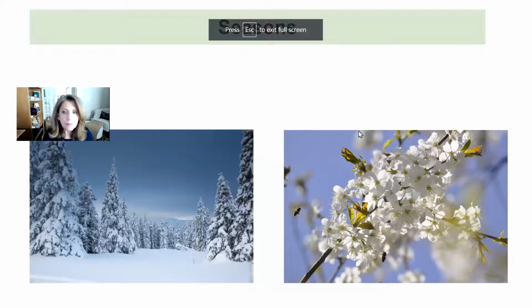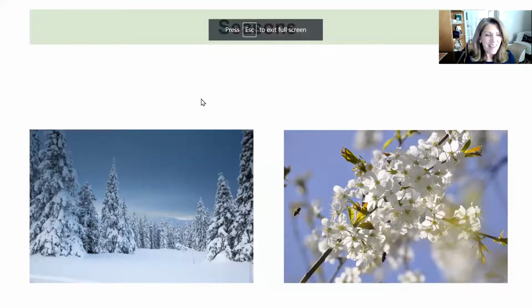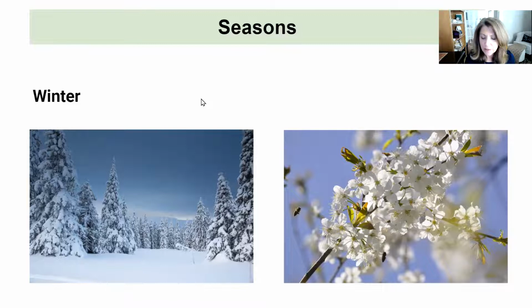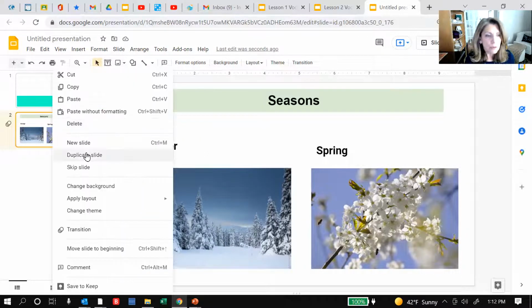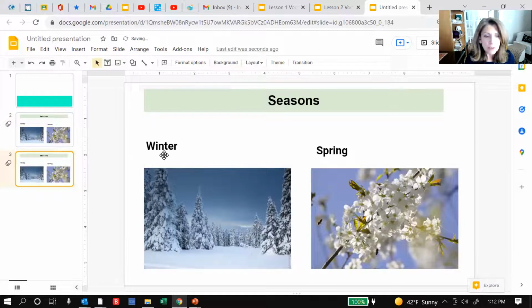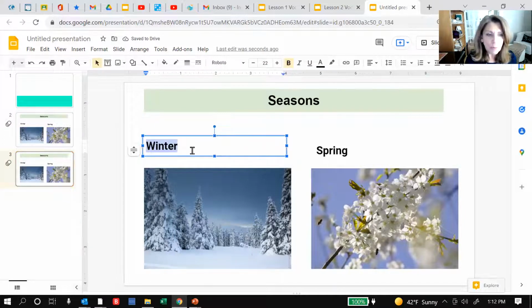So now if I go to slideshow and move myself out of the way, and I press my down arrow or click on the screen or the page down, and in come the words, just as we did in PowerPoint. All right, so that was pretty simple. And now I'm going to right click and I'm going to duplicate that slide. And just as we did before, I want to modify this for summer